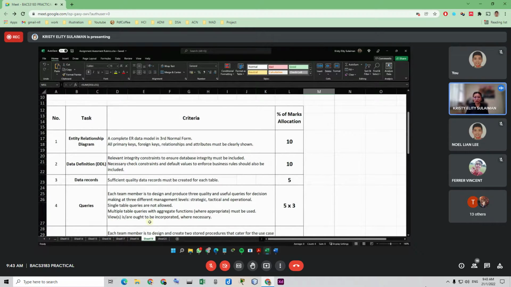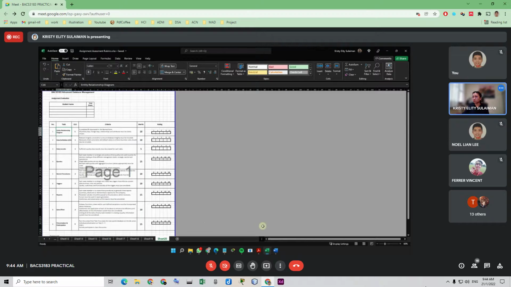examined for your task. For the first one, the task ERD, you need to have a complete ERD model in third normal form. So all primary keys, foreign keys, relationships and attributes must be clearly shown. The allocation of marks will be 10.